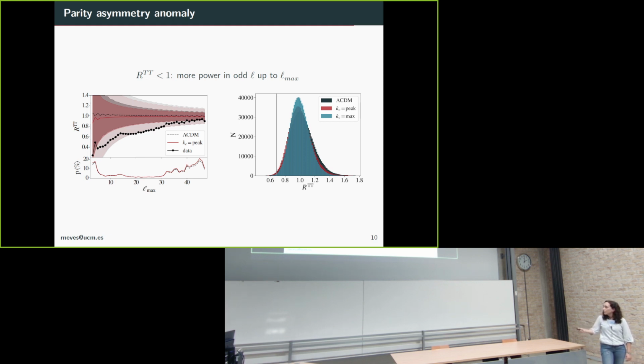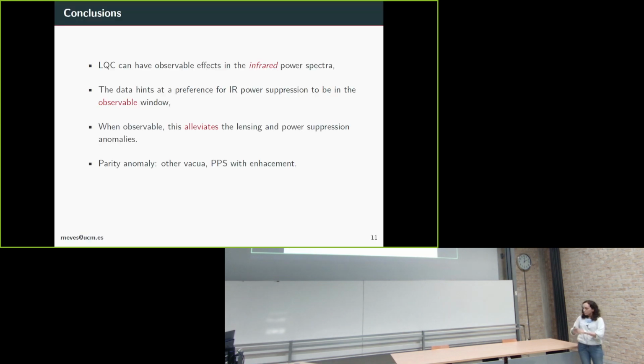And this is for one particular value. For others, it gets slightly larger, as you can see for these ones here. But what we can say is that power suppression alone in the power spectrum is not capable of alleviating this anomaly. So, just to finish, we have seen that loop quantum cosmology can have observable effects in the power spectrum,